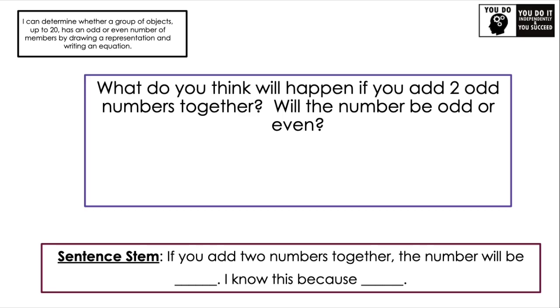Let's look at your you-do for today. Your you-do says, what do you think will happen if you add two odd numbers together? Will the number be odd or even? And your sentence stem says, if you add two odd numbers together, the number will be blank. Meaning in that blank you'll put odd or even. I know this because